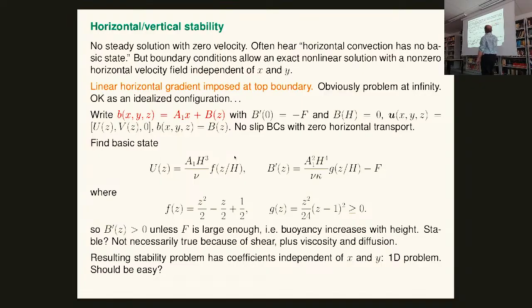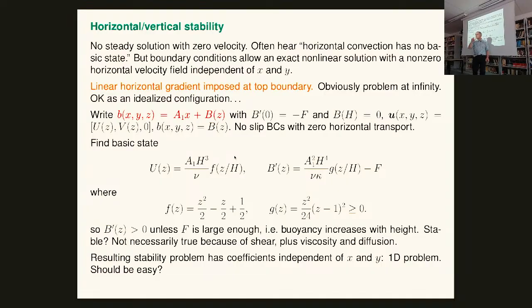And what I'm going to do is say that I have this kind of buoyancy. This buoyancy has no vertical gradient, so it's not fluxing heat through the bottom. This term B is going to have some kind of flux coming in through the bottom. And then at the surface, if I make this vanish at the top, then at the surface I've got A1x.